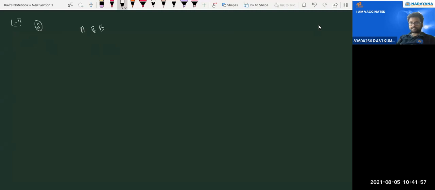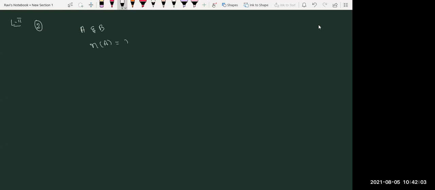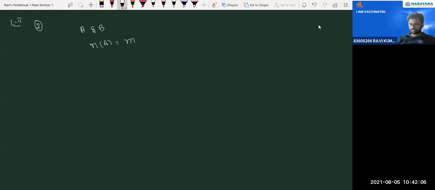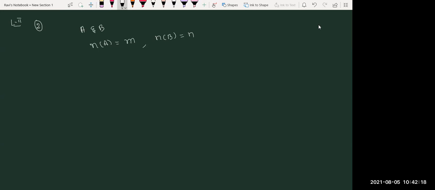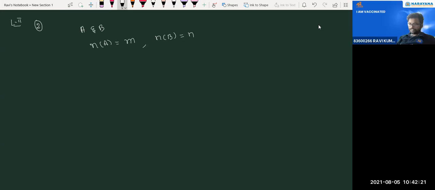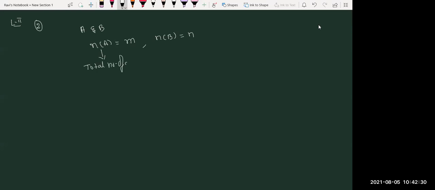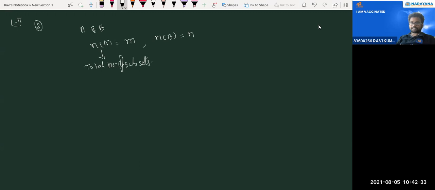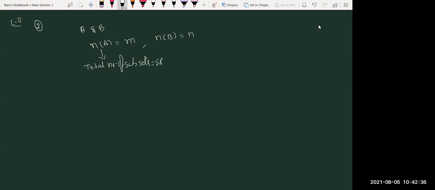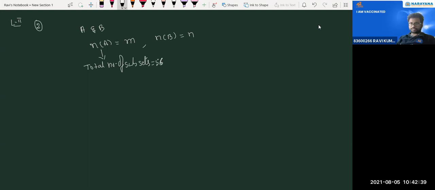A and B are two finite sets, meaning what's the number of elements in A that they have given? M elements are given. A and B are two finite sets having M, N elements, right? What's the total number of subsets of the first set? The total number of subsets of the first set is 56 more than